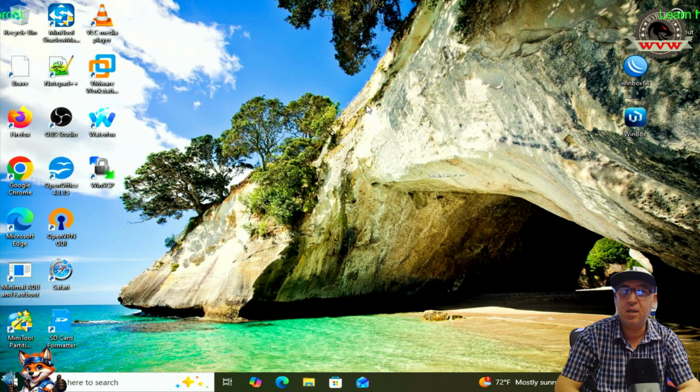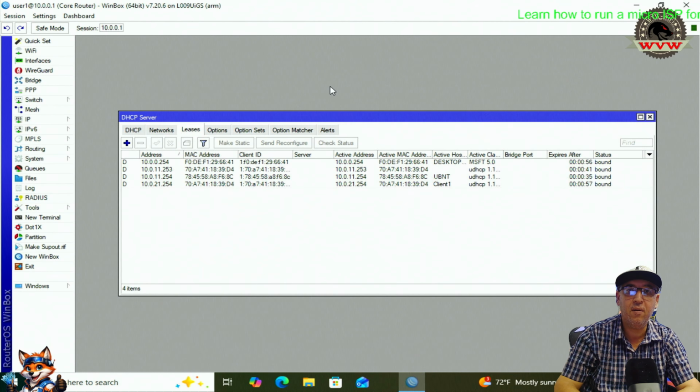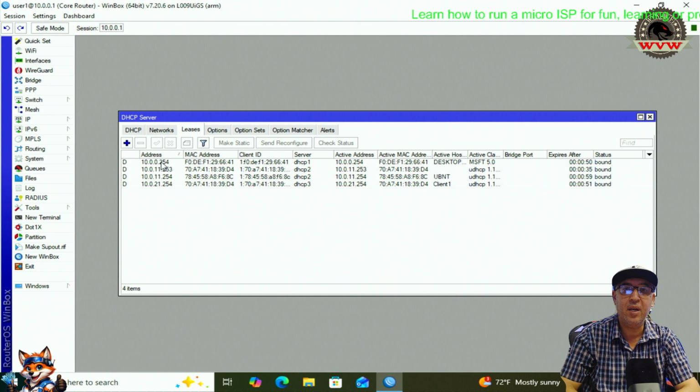Alright, so as we see here, everything is still the same. And try to log into the router either through IP or through MAC address. I'm going through my core VLAN IP address. And here we got the DHCP that we have at the moment, same as the last time. My computer for management, this will disappear once it's on site. And then we have the 254,